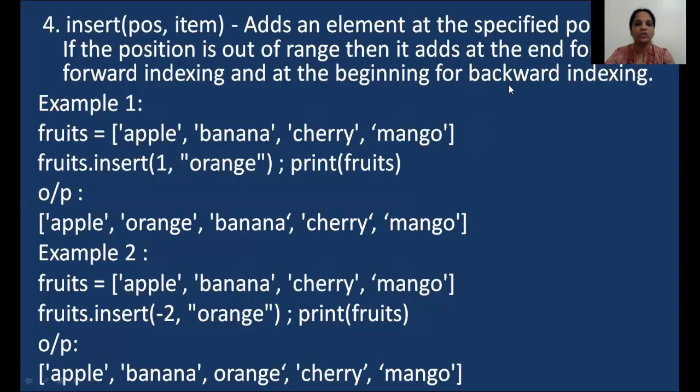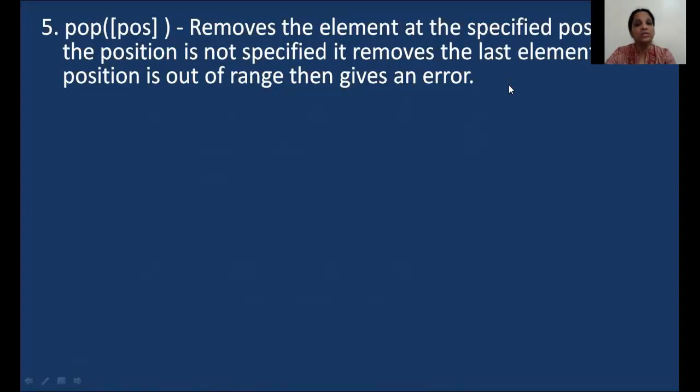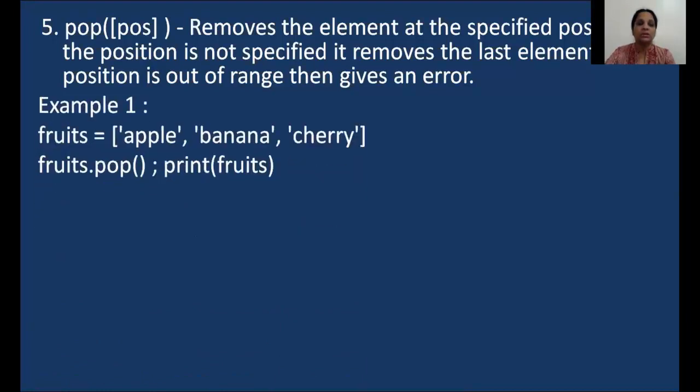Okay, so let me just continue with the next function. The next function we are going to see is the pop function. This function is used to delete something from your list. But in that scenario, you specify the position or the index number of the element that you want to delete. And if the index number that you specify is not in the given range of the list, it flashes an error. So if I write no position value and just write the pop function, in that scenario, it deletes the last element. In this current list, what is the last element? Cherry. Cherry gets deleted and I'm left with only apple and banana.